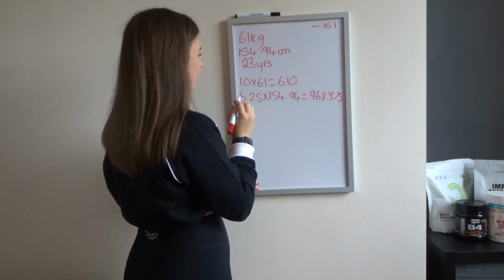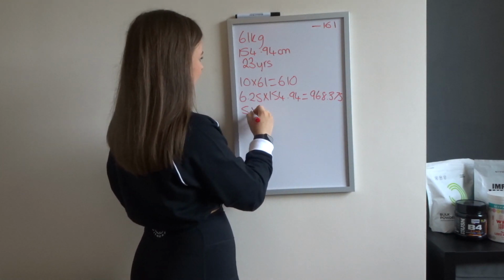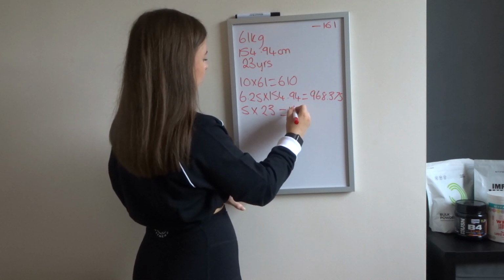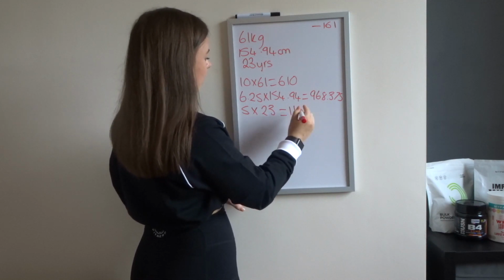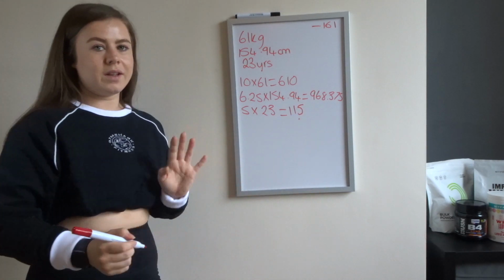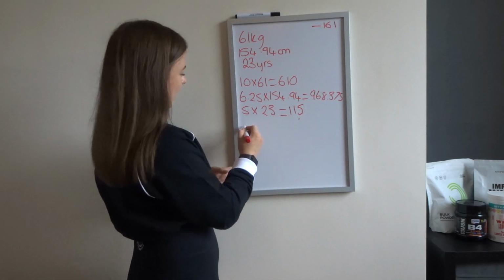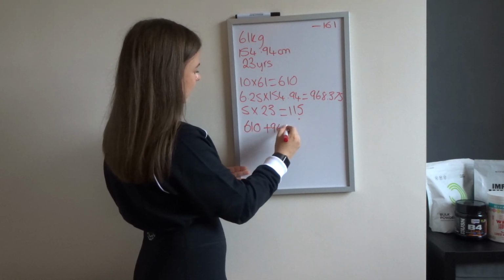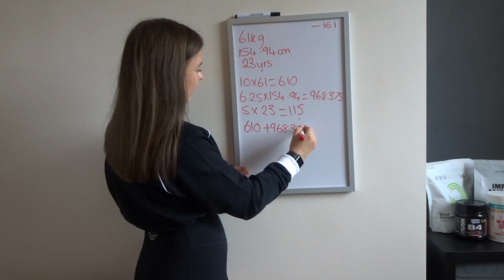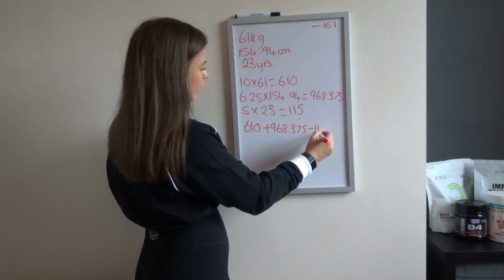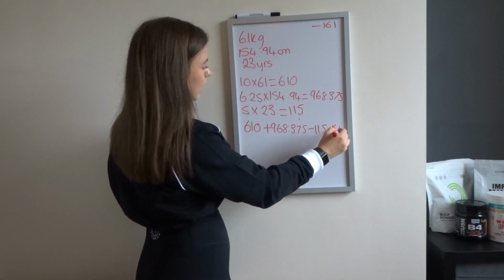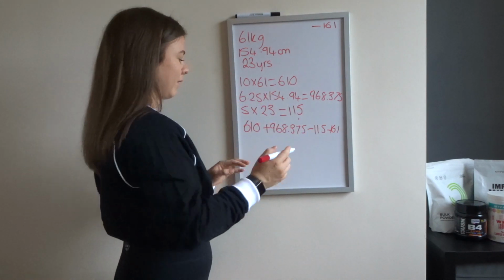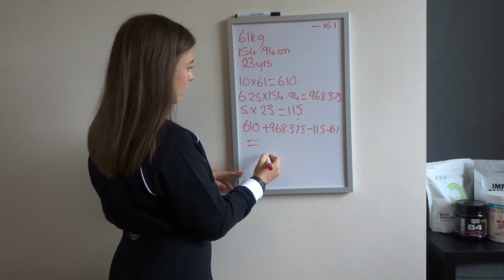which is 968.375, and then we do 5 times our age, which is 115. So then the equation we do is 610 plus 968.375 minus 115 minus 161. Remember, females minus 161, males plus 5. And that gives us a total of